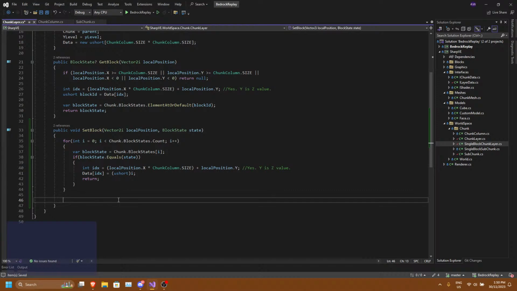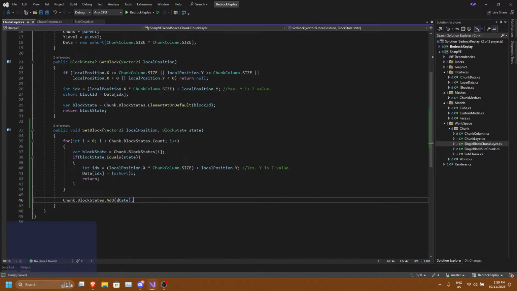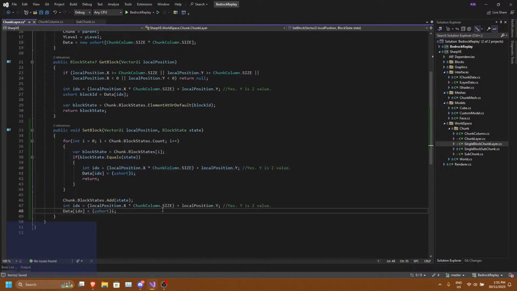I'm gonna do chunk.blockStates.Add(state). Then we just do data[idx].